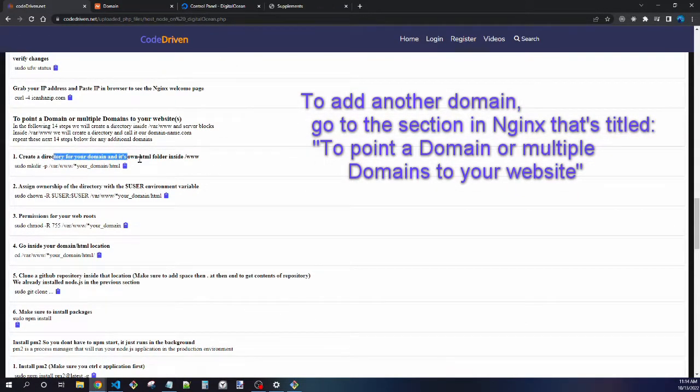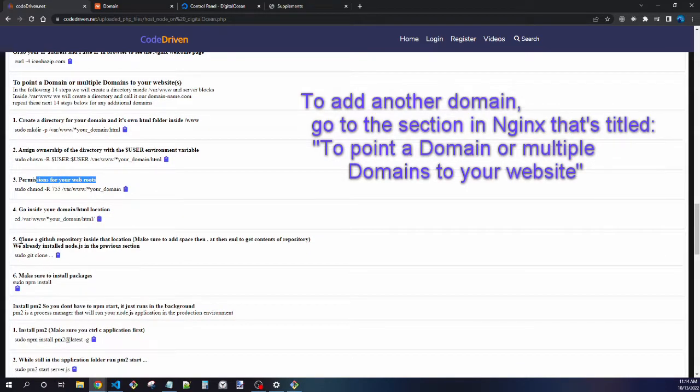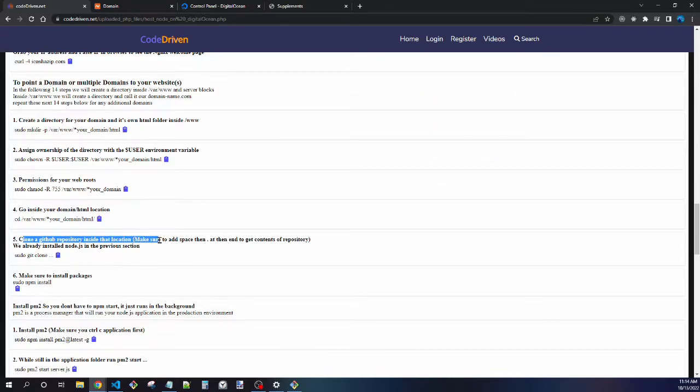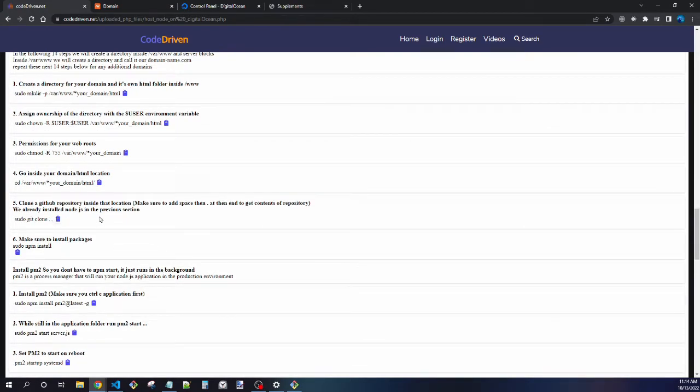so create the directory for your domain. You would assign ownership to it again, permissions. Then you would clone another repository within that directory. So you're gonna have your domain within the www location of var, just another one with its own HTML folder. Then you just make sure you cd into it, clone your repository,